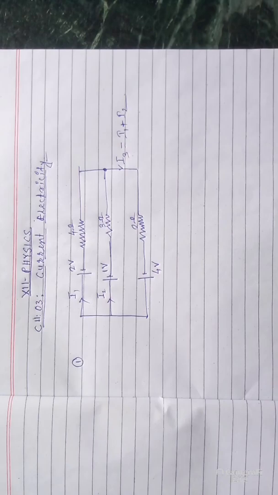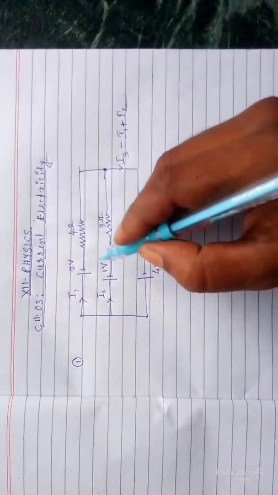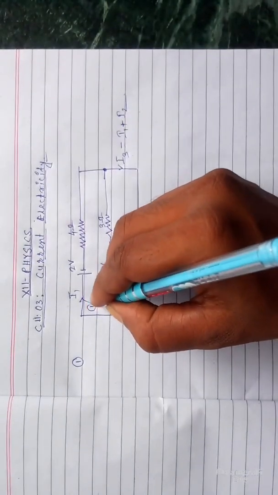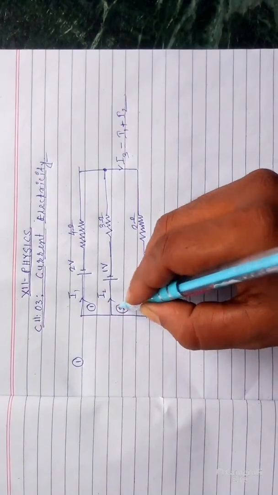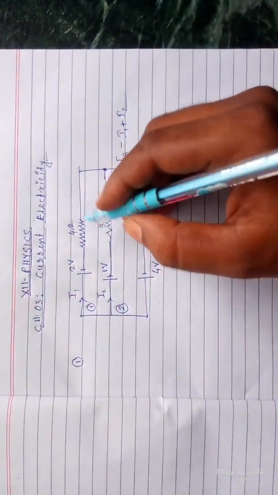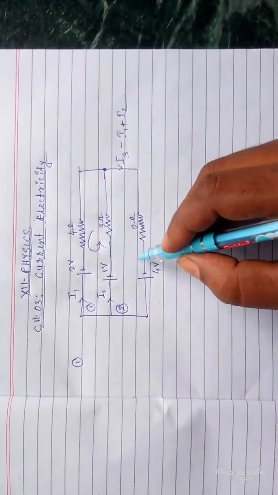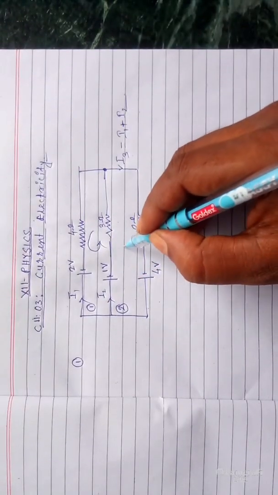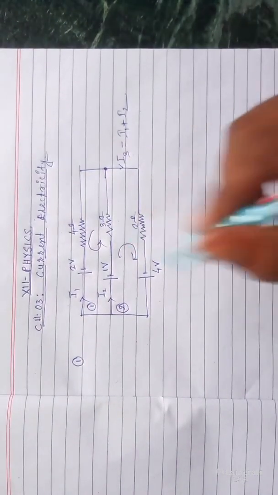After that you have to imagine that the current is in the loop. Here are the two loops. This is loop 1, this circuit, and the second loop is this. So in the first loop, let the current move in the anti-clockwise direction, and for the second loop let it move in the clockwise direction. Clear? It's your arbitrary choice. You can take anti-clockwise or clockwise.